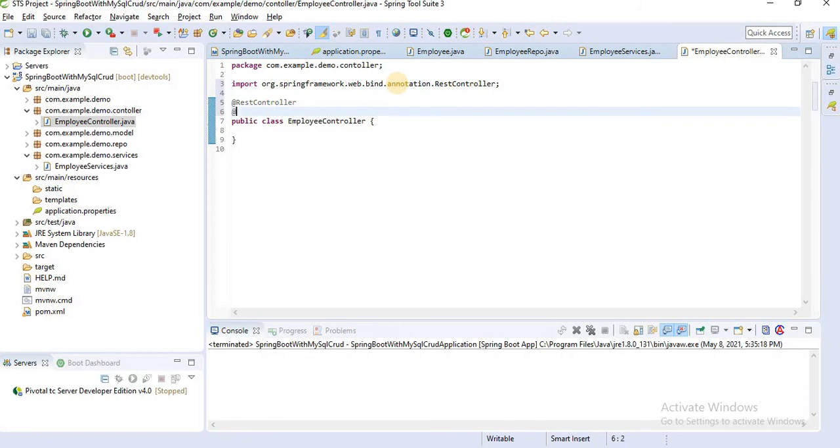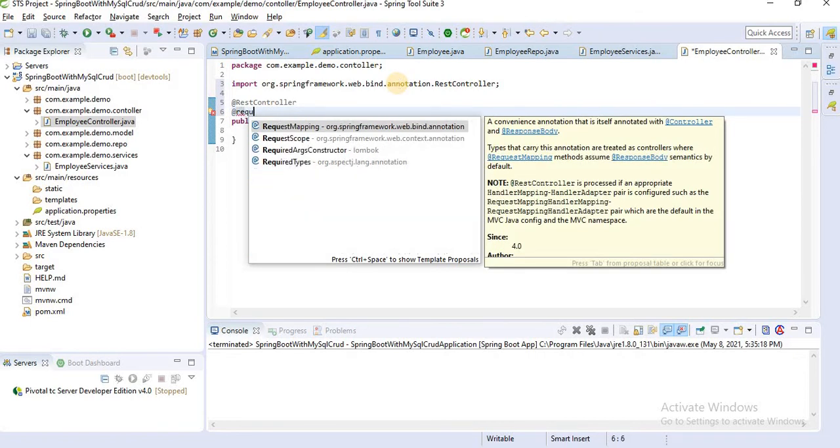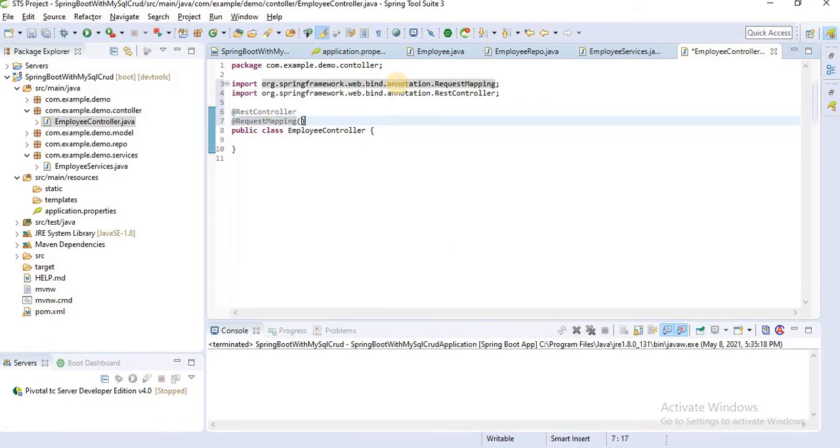Then we also define our request mapping. Here we can define employee or our project name, company or org.